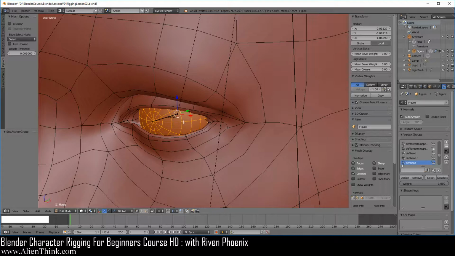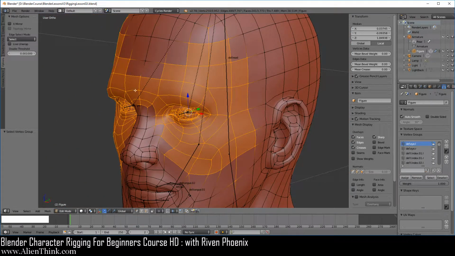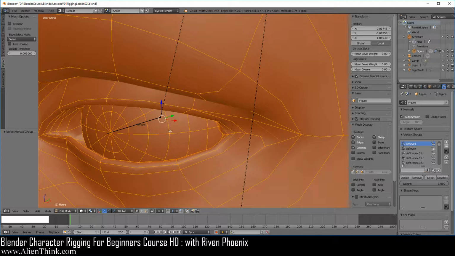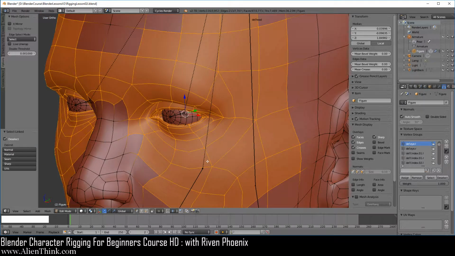Now in the same way, what we're going to do is now click on dev.i.l to highlight it over here, and here we're going to do A to deselect everything. Go ahead and click on select. Notice that these vertices are still using the dev.i.l vertex group, so we of course want to knock them out. So what we want to do is zoom in, hover our mouse over a vertex, and just do Shift L. This is going to deselect the eyes. Only these vertices are selected. So over here, making sure that only dev.i.l vertex group is selected, here we're going to click on remove,